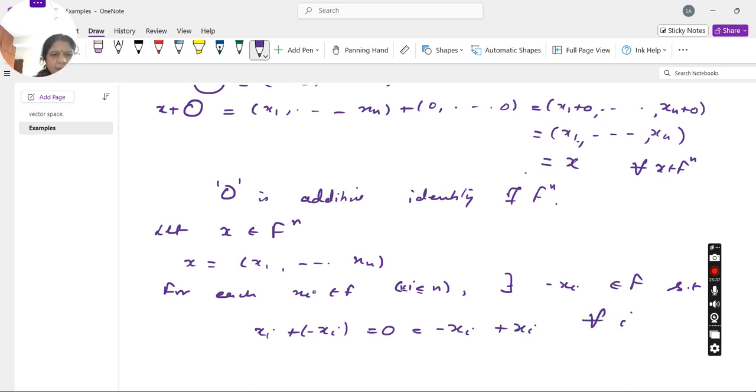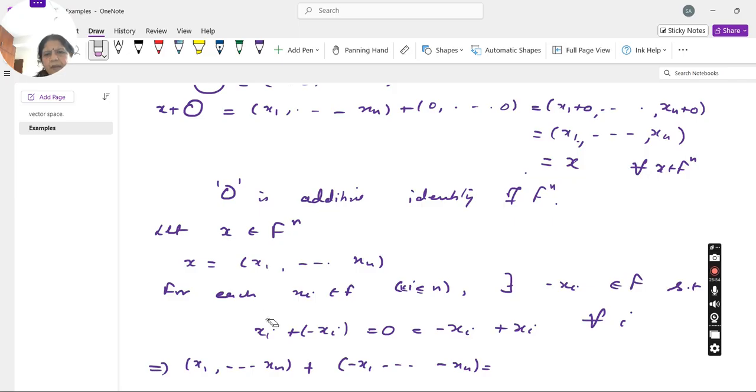And this implies that this (x1, x2, ..., xn) with its minus,